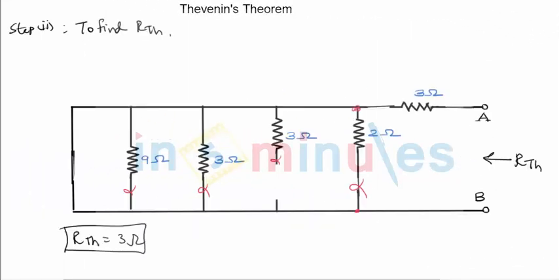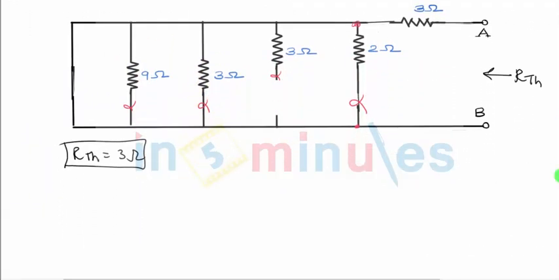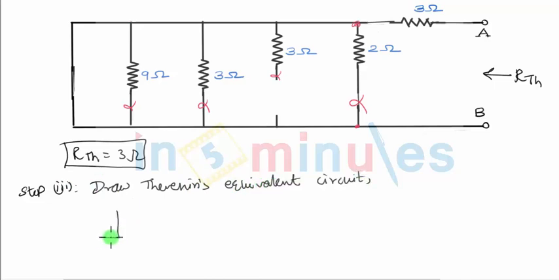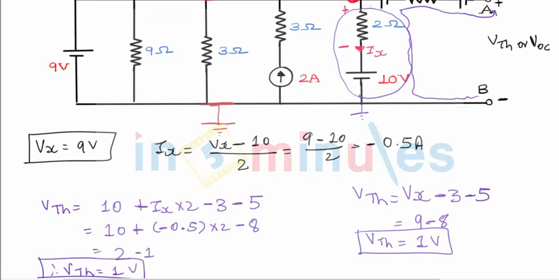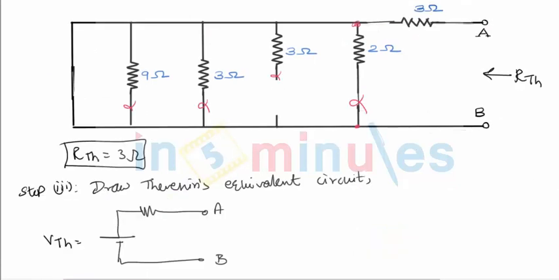And that takes me to step number 3. Let me do it here itself. Step 3 is nothing but to draw the final Thevenin's equivalent circuit. The final circuit will have VTH and RTH in series across the same two terminals A and B. VTH we obtained in step number 1 and it came out to be 1 volt. So we just put VTH of 1 volt here, and RTH we just now obtained is 3 ohm. So that's my complete Thevenin's equivalent between the two terminals A and B.